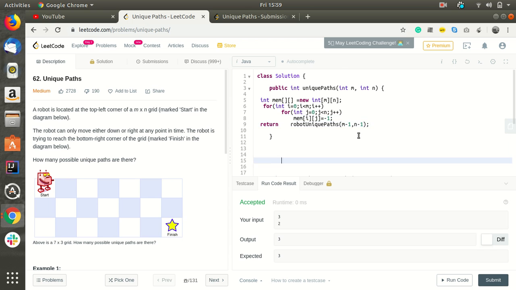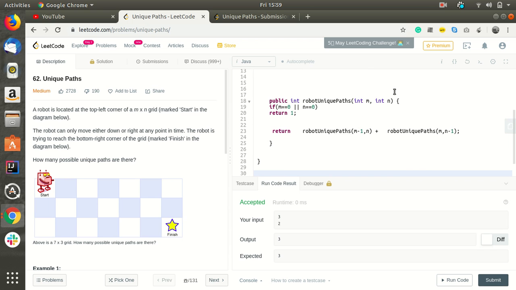Okay, we're set. Now we'll make some modification to this code. Now it will accept a two-dimensional array, the memory location.